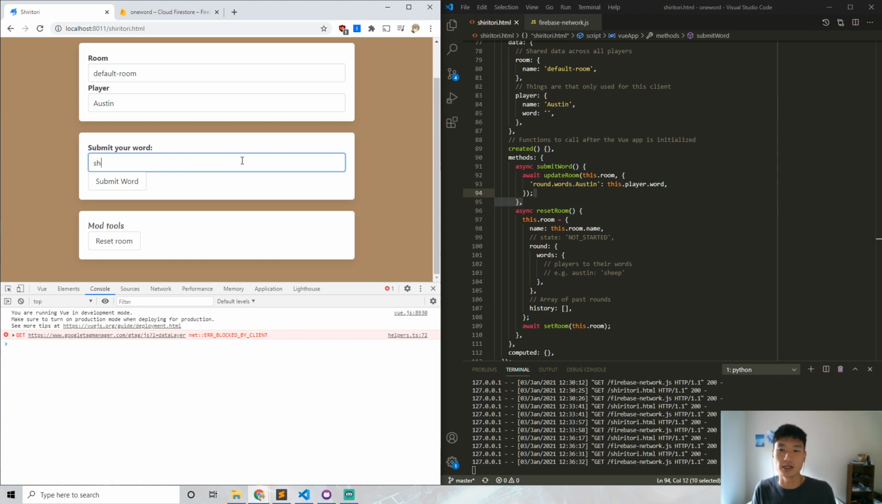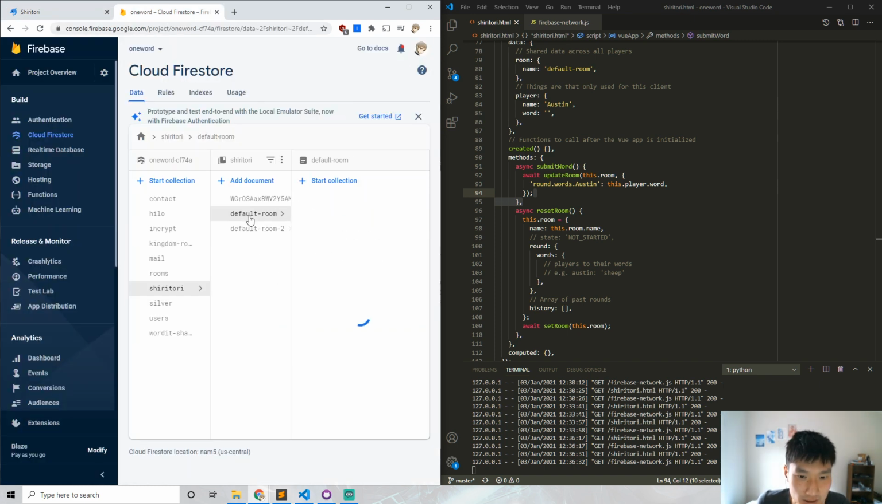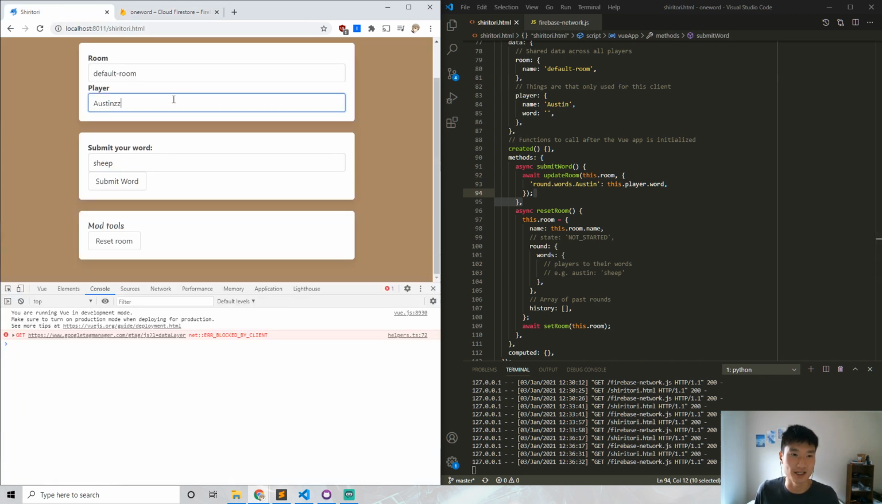So my word again was sheep. Let's submit it. Nothing happened, so hopefully it worked. How do I tell? In default room, the brown.words.austin is sheep. Cool. So again, if I change my player name and it hits sheep, like, I don't know,